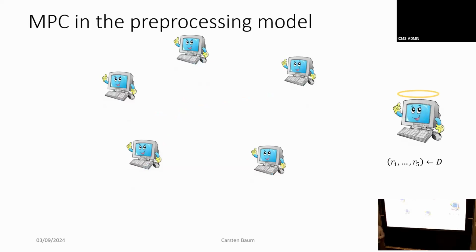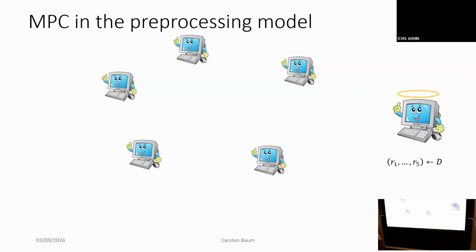And then there's something in MPC which we call the pre-processing model, and that's a very interesting one. I said that we can define MPC and what it does and why it's secure using some idealized functionality that does things for you. And MPC in the pre-processing model is somewhat similar. You're running an MPC protocol, but you're assuming some kind of external help. What is the external help going to do? Well, the external help is some idealized party over here. It is honest, which is very clear from this.